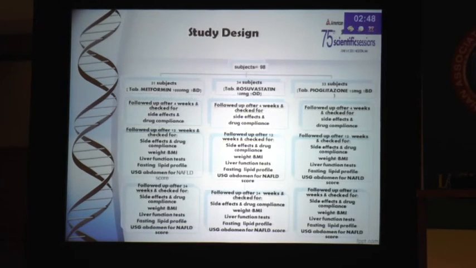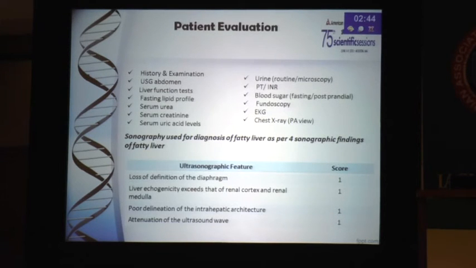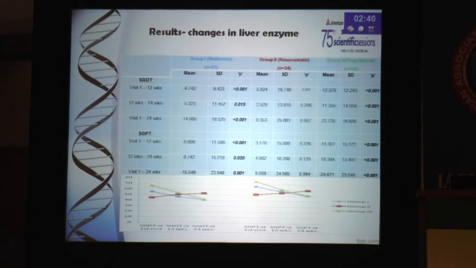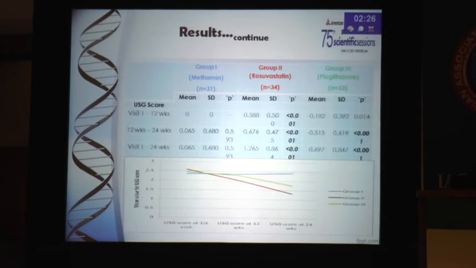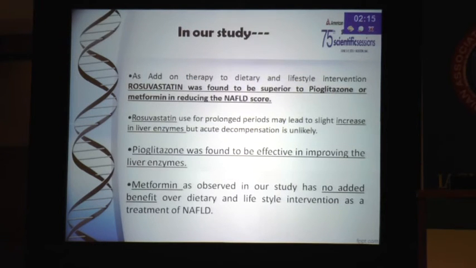What we saw, after recruiting the patients and undergoing the various tests and ultrasonography, in the liver enzymes, both metformin and pioglitazone caused improvement of the liver enzymes, while rosuvastatin caused a little bit of rise of the liver enzymes, which was not significant. But as far as the NAFLD score is concerned, rosuvastatin has the greatest effect in improving the NAFLD score as compared to pioglitazone and metformin. So rosuvastatin was found to be better than pioglitazone or metformin in reducing the NAFLD score, while pioglitazone was found to be effective in improving the liver enzymes, while metformin, as observed in our study, has no added benefit in addition to diet and lifestyle. Rosuvastatin has the maximum benefit,